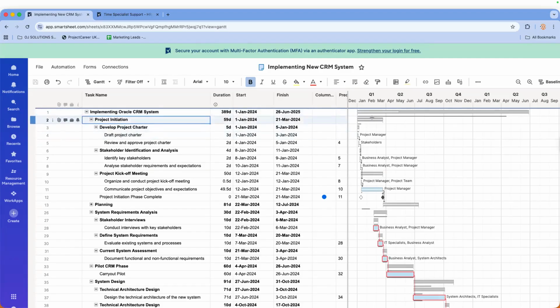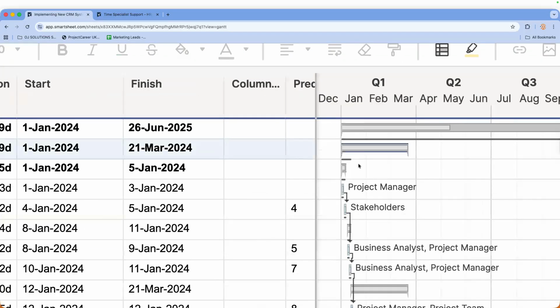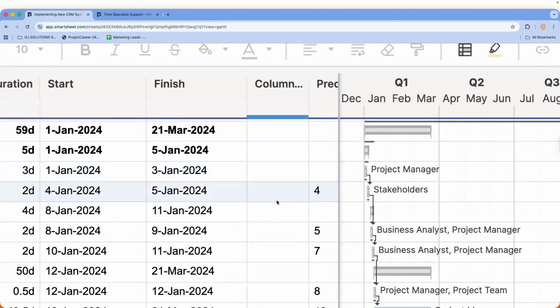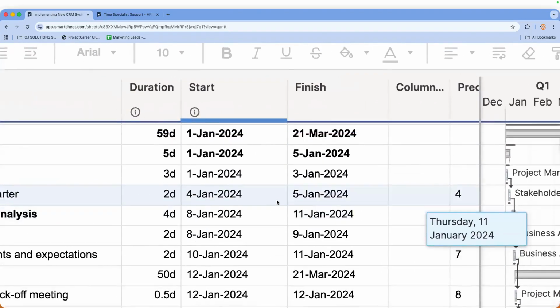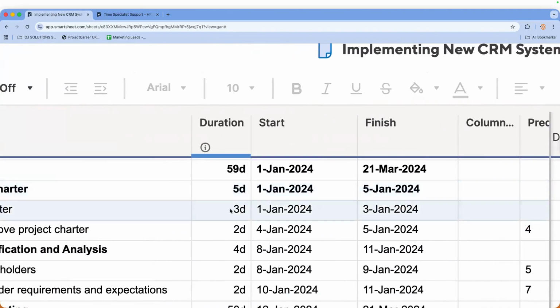So if you then come across to the Gantt chart here, again, the top line here is the project from start to finish. This is the initiation phase. You can't see so well, but let me try. If you look at these, then here is the project deliverable, the project charter, right? And then here are the activities. But it's so small on here because if you look at the duration, in the grand scheme of things, it's only 3 days, 2 days.